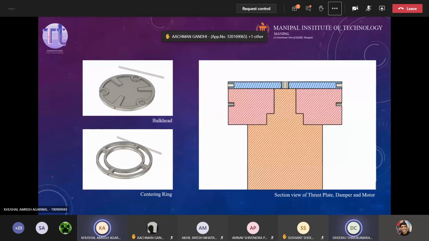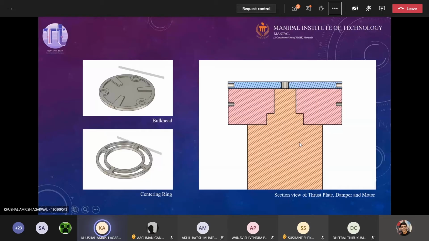Centering ring, as someone mentioned in the chat, is used for keeping the motor stable, right? So that is exactly why we use it, and subsequently, as someone else also mentioned, it keeps the rocket trajectory correct. As I mentioned before, since all the fuel of the motor is burnt and there are exhaust gases, there can easily be a thrust imbalance in the motor. Ideally, the thrust has to be in the upward direction. You can see my mouse cursor, right? It has to be vertically upwards. But due to any thrust imbalance, say it turns 10 degrees or something.